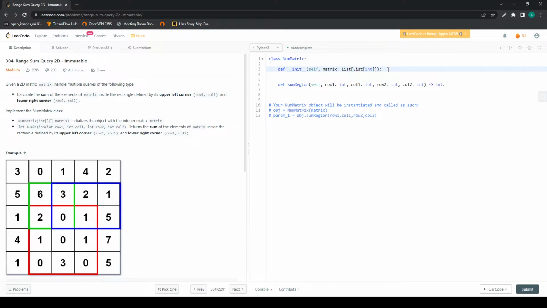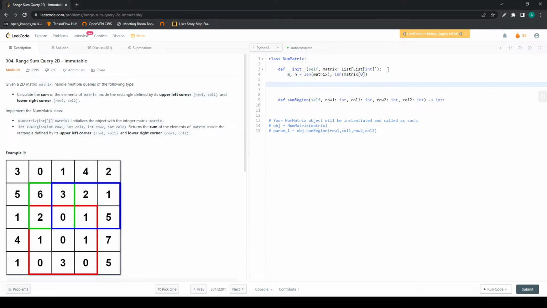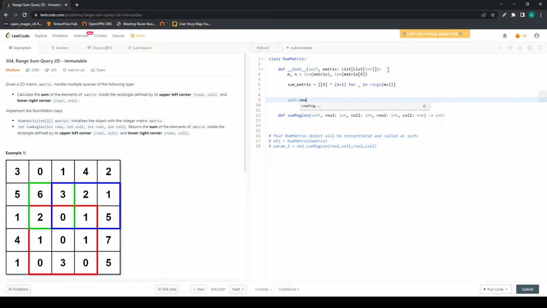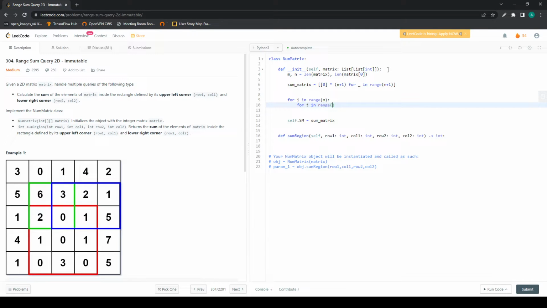So let's say first of all, m and n equal the length of the matrix and the length of matrix 0, and our S matrix, or sum matrix, equals, we first put everything at 0, times n plus 1 for range m plus 1. So this is our new matrix, and after that self.sm, for example, equals sum matrix. So this is our initialize, and we are looping through for i in range m, for j in range n,